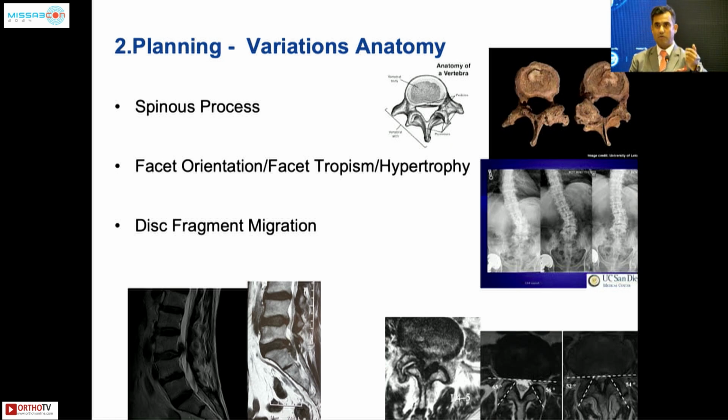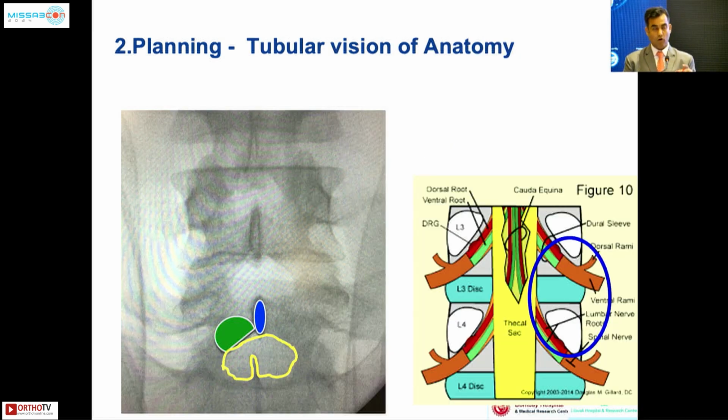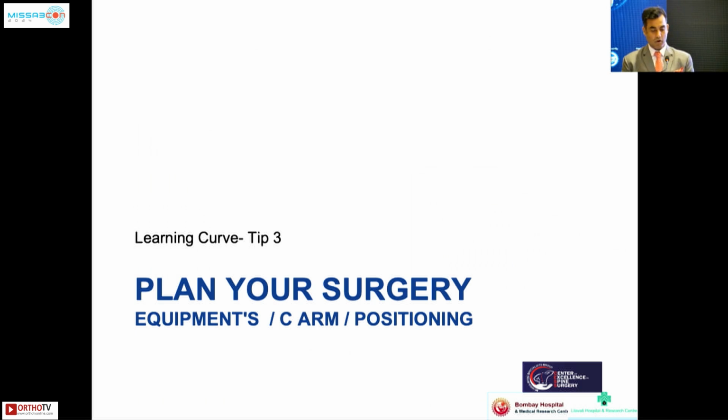Rotation in the vertebral bodies when you are doing decompression is the biggest enemy of any kind of tubular or MIS surgery, and this has to be identified well in advance. To play with a C-arm to get a true AP and lateral is the bare minimum needed to avoid these kinds of problems. And remember, all this has to be extrapolated on X-ray because all MIS surgeries are purely C-arm guided procedures, and that's why a true AP, true lateral is very, very important.